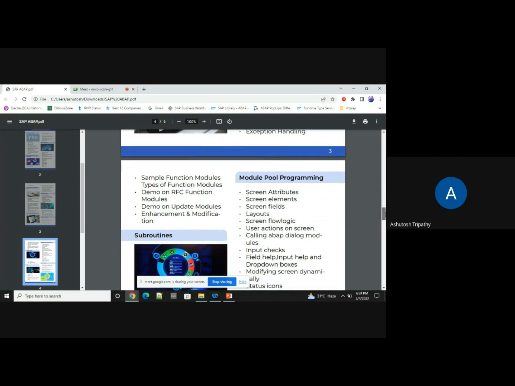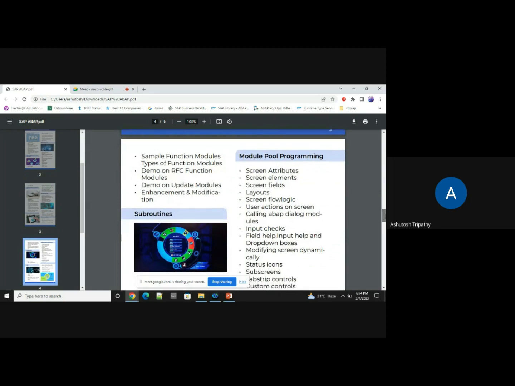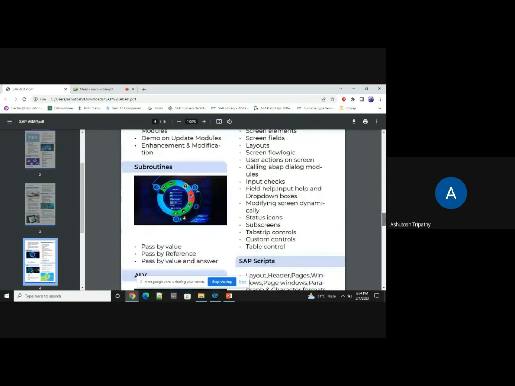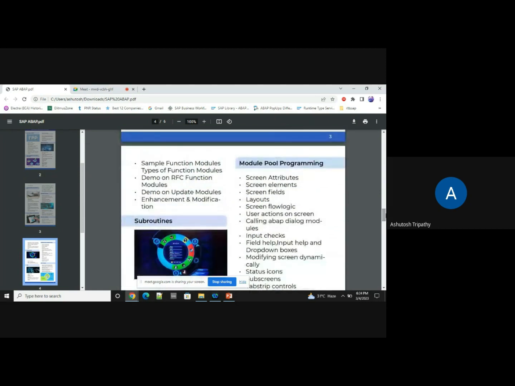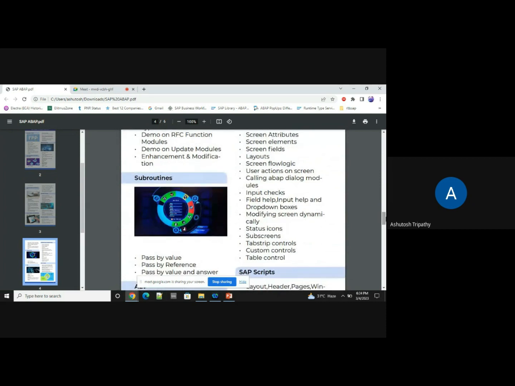Once all these things are done, we will be learning something called subroutine. A subroutine is a similar concept to a function module, but these are all small technologies, small pieces of chunk given by SAP, where you can directly influence a particular piece of code or logic using subroutines, function modules or macros.